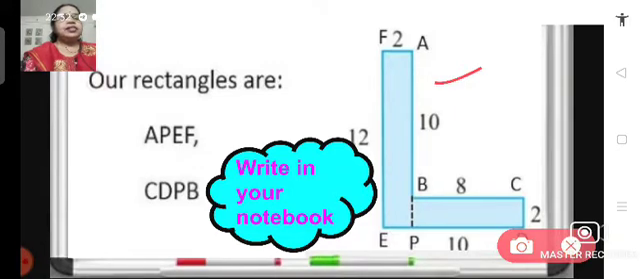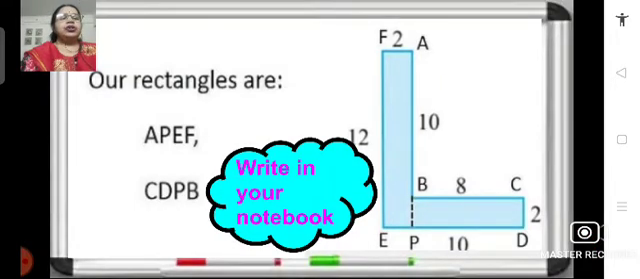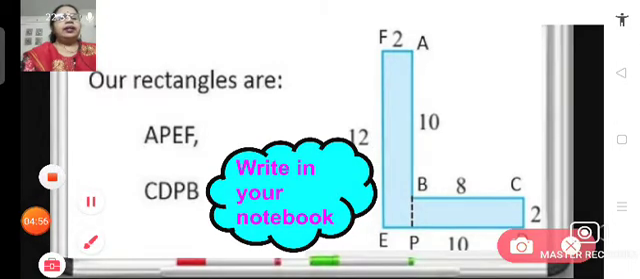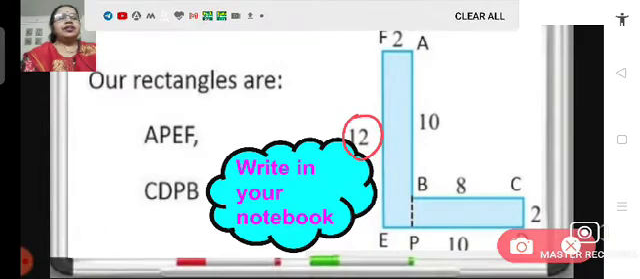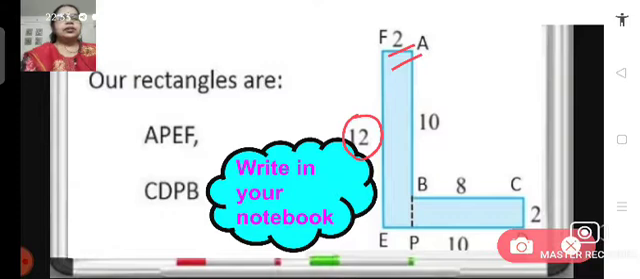So children, you can see we have split this figure L into 2 rectangles, that is APEF, this one, and CPBD, this one. So 2 rectangles we have. Now in the rectangle APEF, the length is given as 12 centimeters, breadth is 2 centimeters. Alright, and in this rectangle